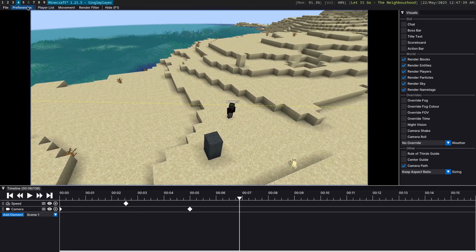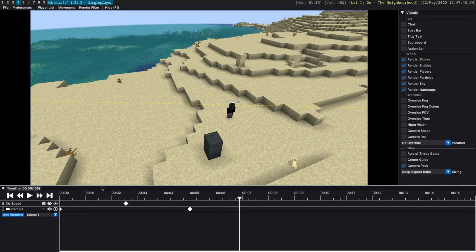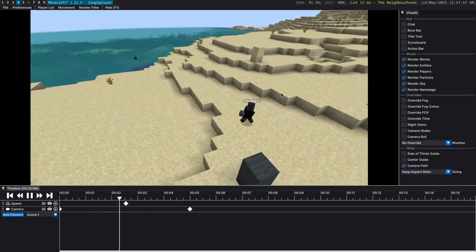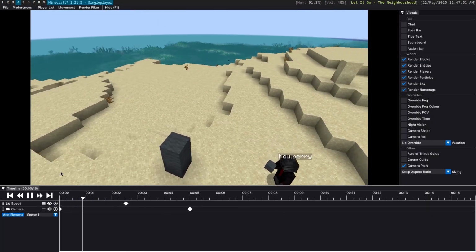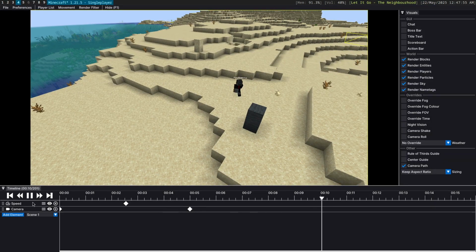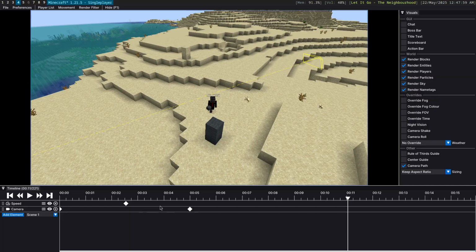of the game. Now, if you go into preferences and you turn on use real-time interpolation, which is the new default, it'll now interpolate in real time. And so you can see the camera movement here is now the same time. You can see initially I'm walking slowly and then everything is happening quickly, but the camera movement itself will interpolate